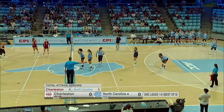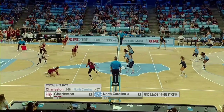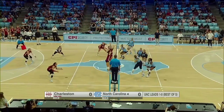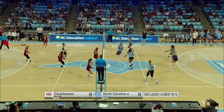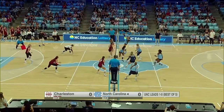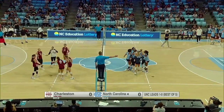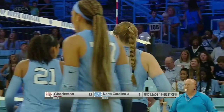And the fact that they've got 7 different players with multiple kills. I think it's both. Blocking stats this early in the season, when you have a very small sample size, are more dependent on your opponent. So it's a little skewed, right? If you're playing a very strong opponent with great offensive balance, then your numbers are going to dip a little bit. That's expected. I think that's what we're seeing. Some presence at the net to start this point off, but eventually Carolina is able to win,